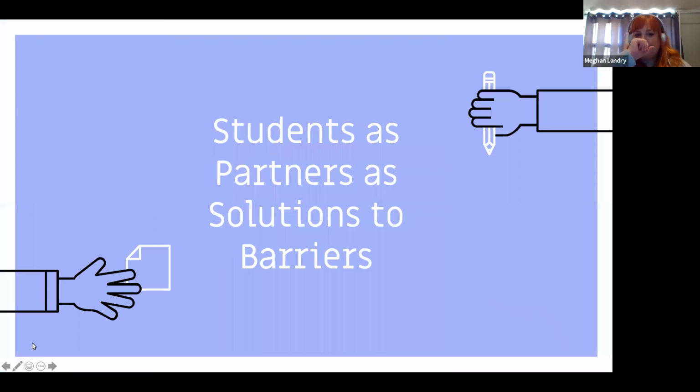Hey, thank you. Before I get into this, I wanted to talk a little bit about why a definition of the concept of students as partners was helpful. I erroneously initially thought this simply meant a student working on OER creation with a faculty member, but the role of the student as partner is a lot more complex and meaningful than that. So to understand how students as partners can serve as solutions to barriers, we need to understand some of the barriers that exist in OER creation.